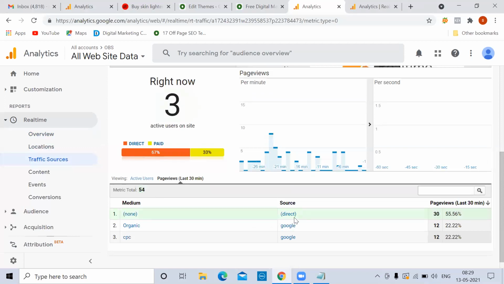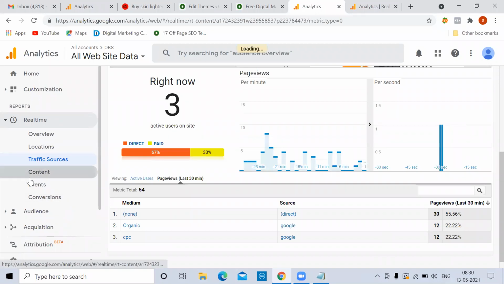Now directly 30 people came. People directly visiting your website means you've done good branding and direct business is available. Now organic 12 people, CPC ads 12 people. So it shows that your SEO is going well.